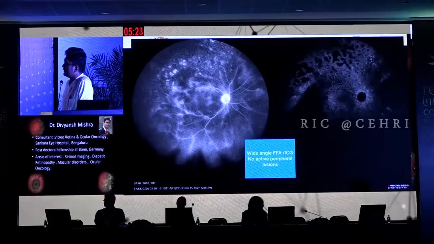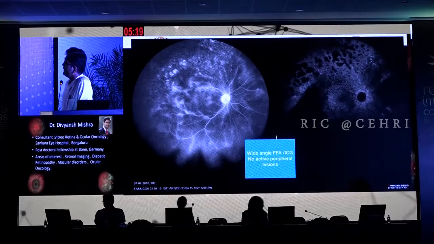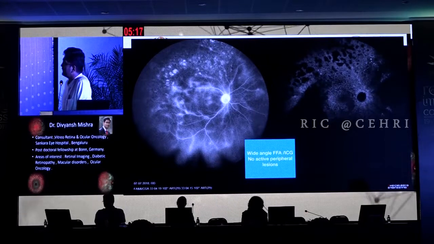Then we did a gas displacement. Then we did surgery, tried to remove most of it. But yes, this is probably around 3 months. Then 6 months later, we removed the oil also. Did an FFA, ICG, wide field ICG, but no active lesions, because